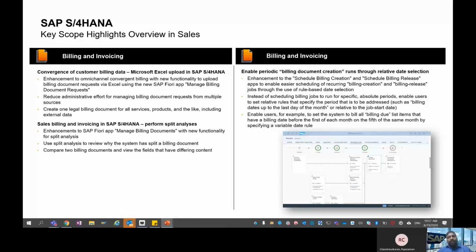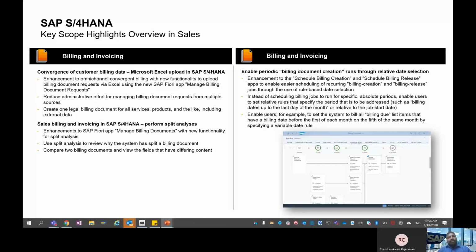And moving to the next innovation, that is enabling periodic billing document creation. Document creation and billing release can be done through specific rule-based date selection. That is the benefit of the billing document creation app.